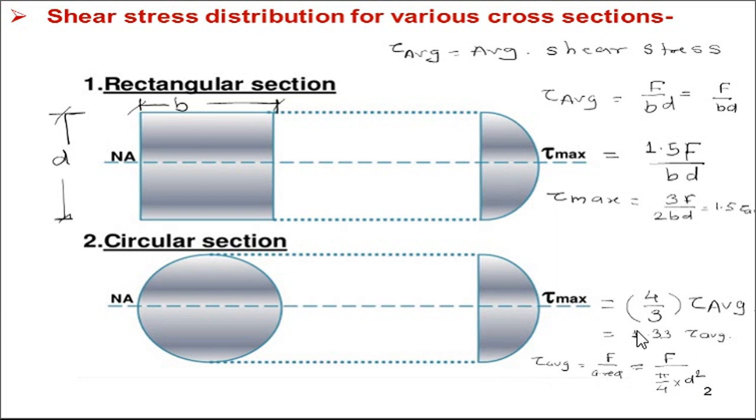If you talk about the maximum shear stress, tau max is equal to 4 by 3 tau average. We already know tau average, so if you multiply by 4 by 3, that is 1.33, you will get the tau max value. We have to remember this tau average and tau max. Next,